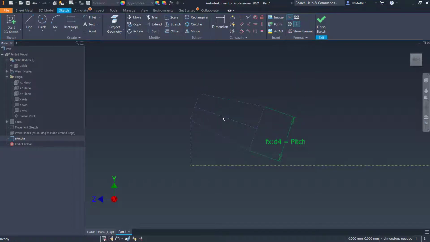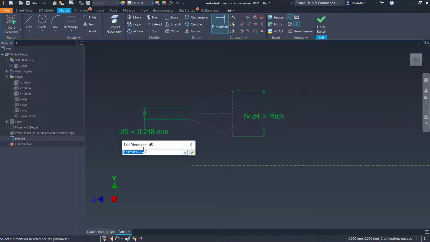happens on the other side, but I want this line to be perpendicular to this line. So I'll do perpendicular, and if there was a horizontal on there, we'd have to delete that horizontal. Let's just click on that. And so if I click on this line, if there's any horizontal constraint on there, delete it. I want it perpendicular to that, and then I want it perpendicular to this line. So I'll do perpendicular between these two lines. And again, if I drag these corners now, we see how this shape acts, and I will dimension this line as the pitch